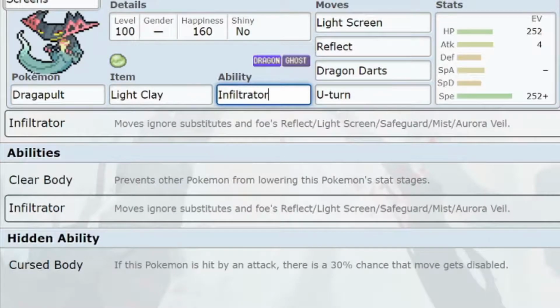As for the ability, once again, you can go for something like Infiltrator. However, given the fact that you're not meant to be an offensive juggernaut, but more or less meant to be a supportive Pokemon in your team, as well as be a really good scout, which I'll get to in a second, you can go for something like Clear Body or Curse Body. In fact, I would actually recommend Curse Body here, because if you are hit with an attack, there is a